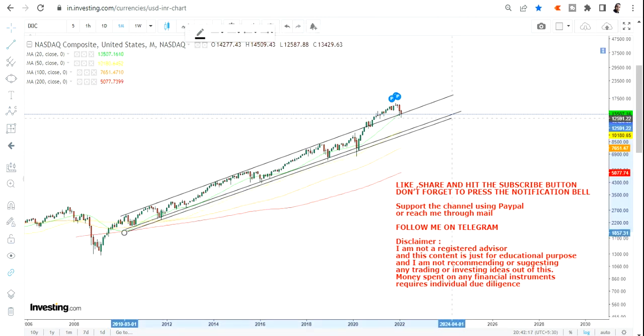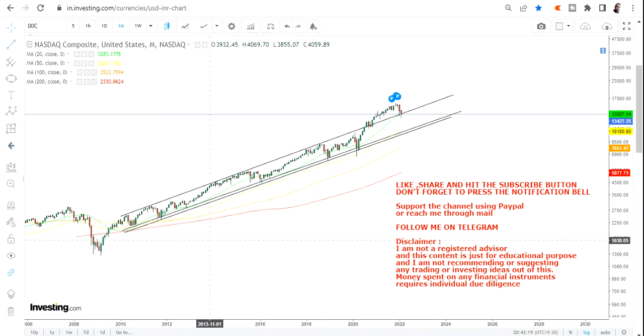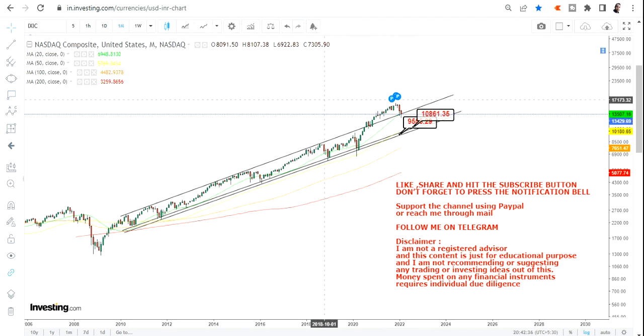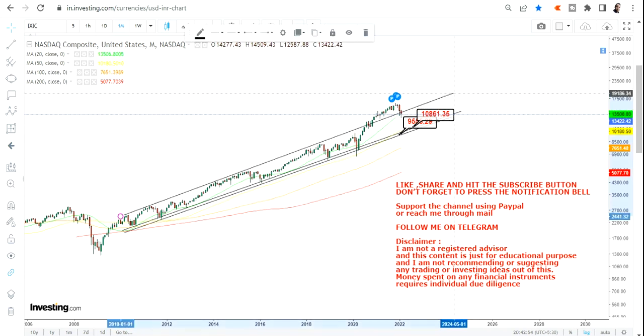Now if you are looking at this trend, the big support is, I would say, still far away. The range on the downside that we are looking at right now, despite these huge spikes, is between 9,500 and 10,800. So this is the level that we are considering as our next big